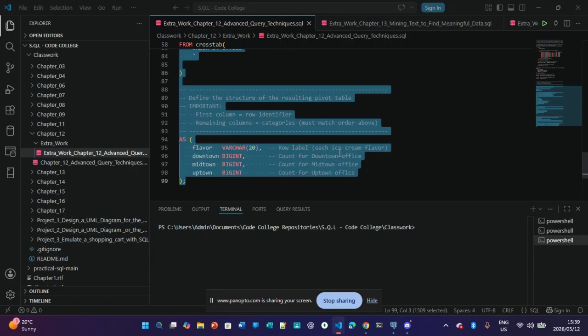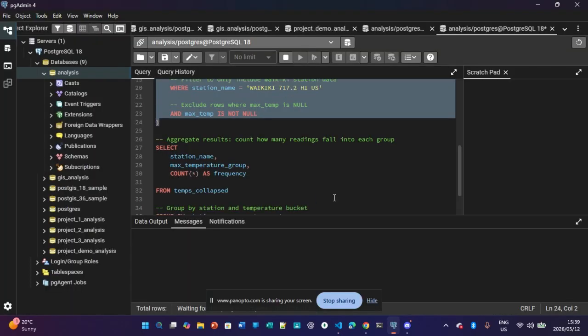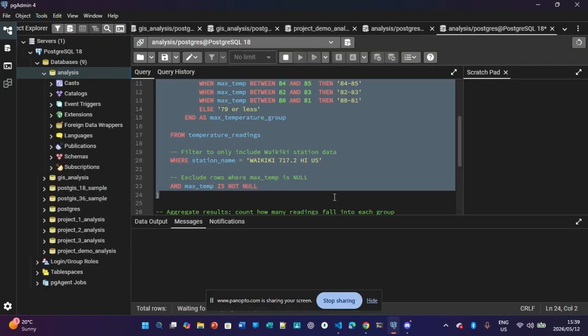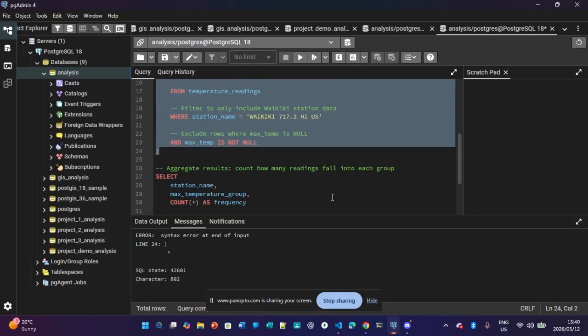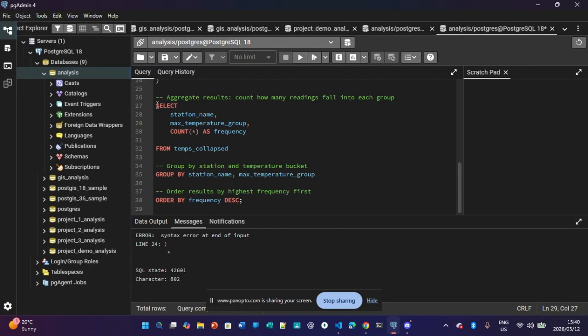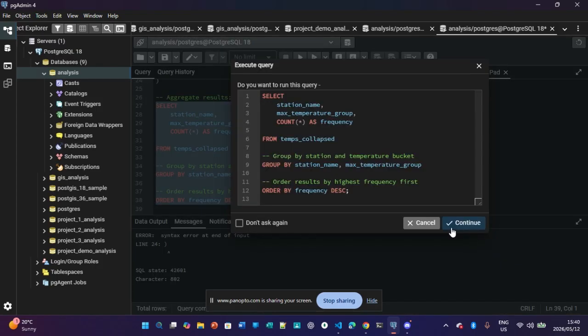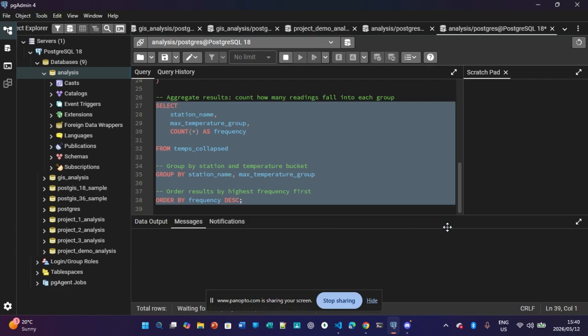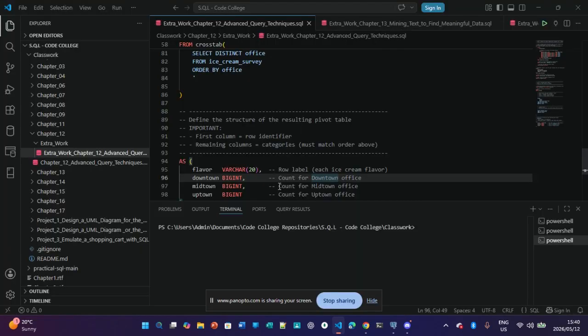The changes we need to make are to swap the first two columns in the data subquery, and afterwards update the second subquery to return the distinct offices so the column list matches the new layout. Once you copy this and paste it,